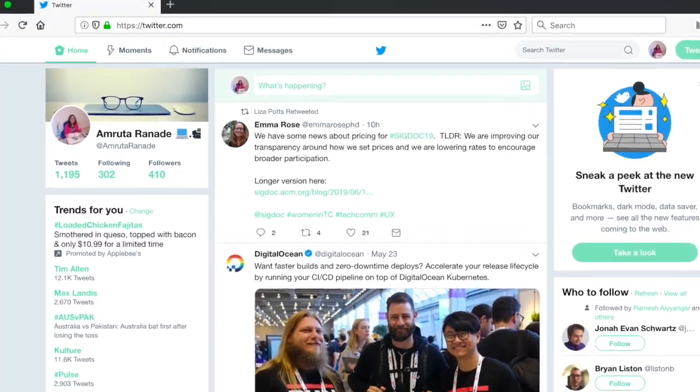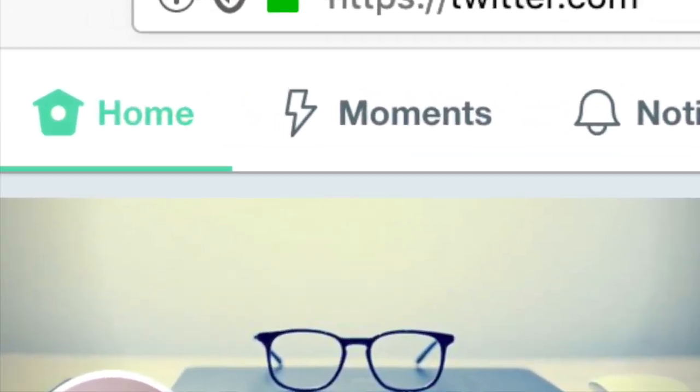For example, consider the word home on Twitter's user interface. Now, when the UX writers for Twitter were working on the microcopy for the user interface, they must have considered different choices. Another word they could have used is feed, because technically that's what this is. This is the feed of the tweets that the people you follow on Twitter have posted. But instead of feed, they use the word home because that is the word that is more familiar to the users. Home is the more commonly used term across different websites, so that's what they went with. And they chose a word that the users would know how to interpret.